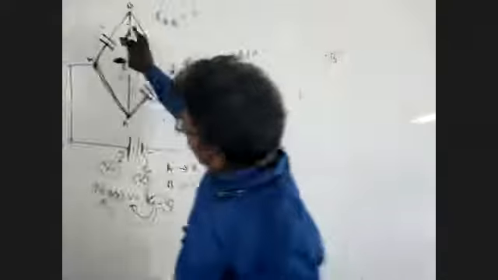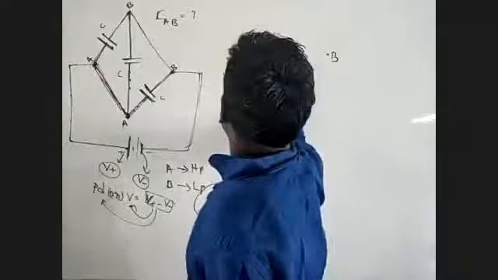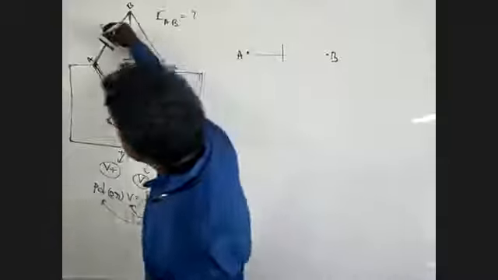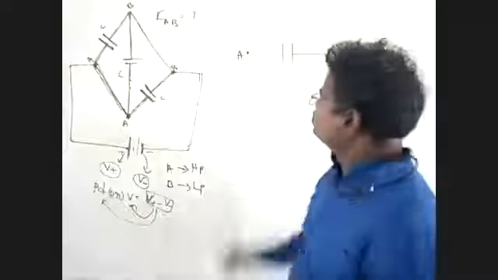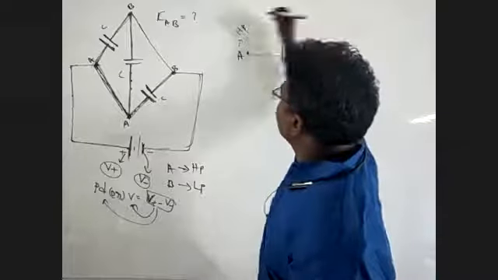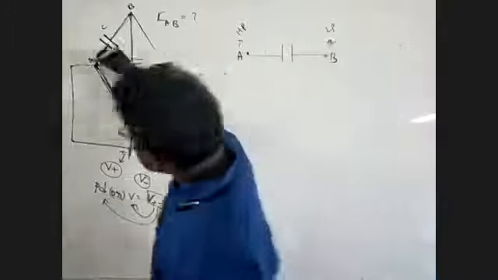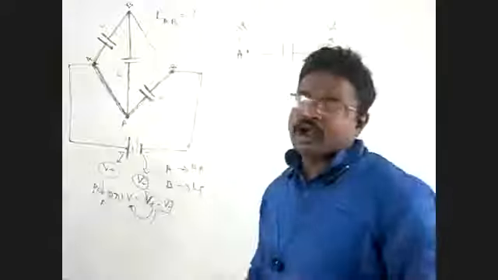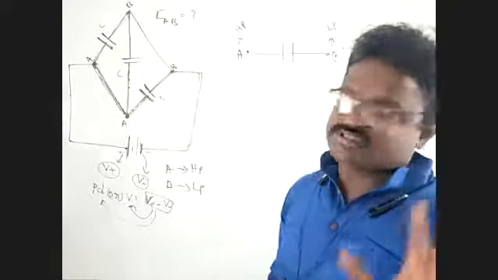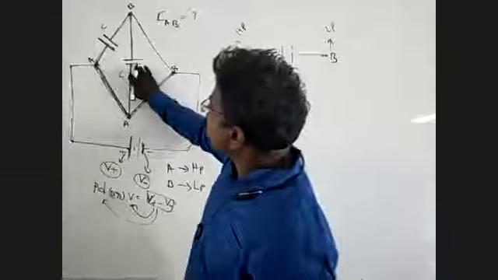This is a capacitor. One plate is connected to A, and the second plate is connected to low potential, B. A indicates high potential, B indicates low potential. So this wire is connected from A to A, and high potential minus high potential, the current is 0. This wire is a short, so we don't take it. And this is a capacitor.